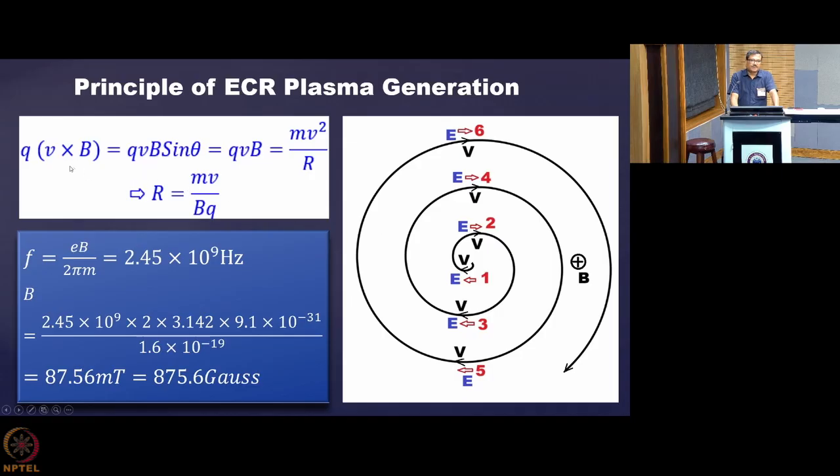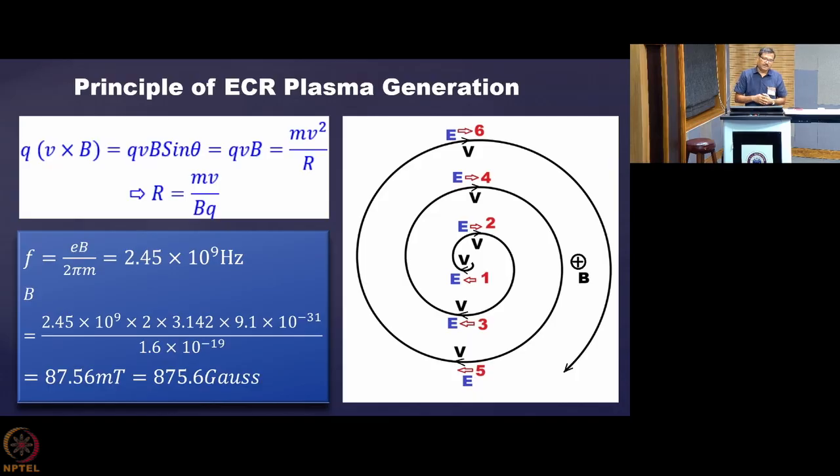Okay. Now, you know that if there was nothing else, you had only a magnetic field and some charged particle, then as I told you earlier, the radius of gyration will be equal to mv by Bq. We have been studying this since our school days, so there is no question of forgetting this thing. So, R is mv by Bq: mass, then this is velocity, this is magnetic field, and this is the charge. So, if no other effect was there, then the charge would orbit with this radius forever and ever.